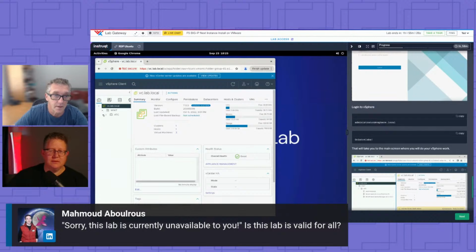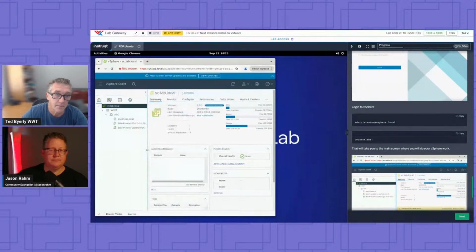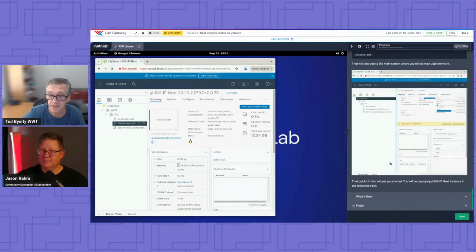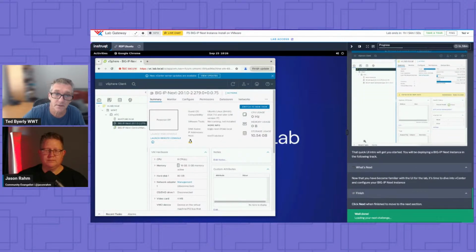Yep. Okay. WWT, right? So I did talk about this a little bit a minute ago, right? Here's our labs. We pull this over so people can see it. BIG-IP Next Central Manager is already running and configured. That was a previous lab that we taught. The next logical step is, hey, how to install it on VMware, right? So we do that, and we have some things there just to get you here. We're not teaching VMware or any of that stuff. We're just showing people how it's working and what's set up. Click, click, click, next, finish.